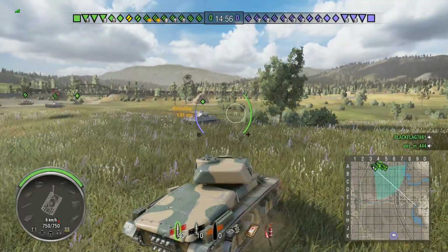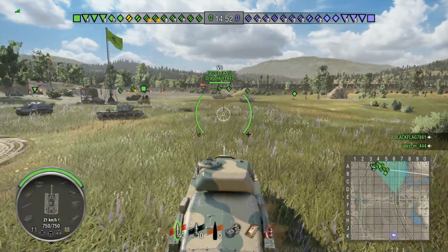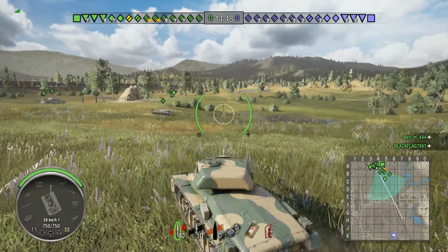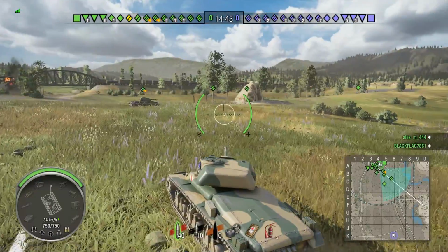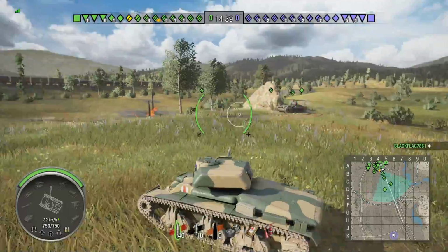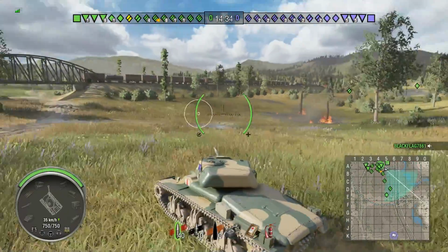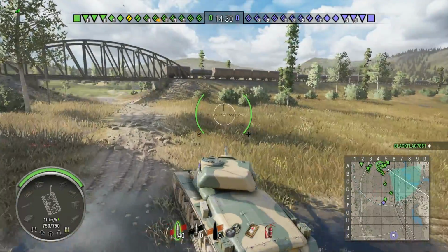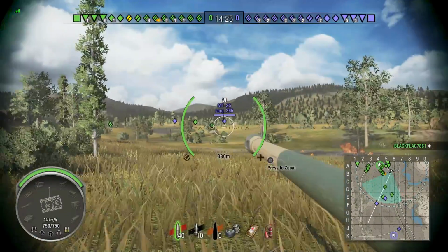Anyway, here's the second match for you, and another tier 8 like I said before, although only technically with one tier 8 on each team, and we're on Prokhorovka, and again a standard battle. Now, I was a bit lost as to where to go on this one, and I was considering staying back a little bit, maybe trying to put pot shots in anything that popped up on that middle ridge, or maybe even slowly make my way around over towards the eastern side,